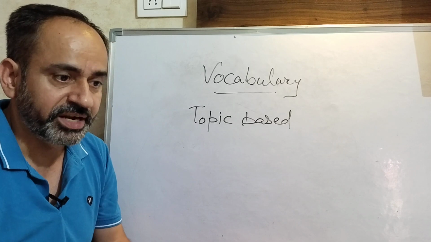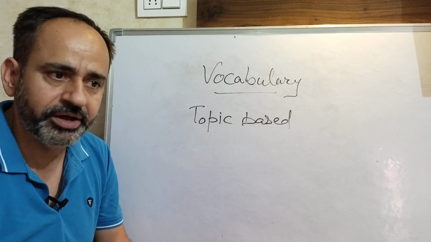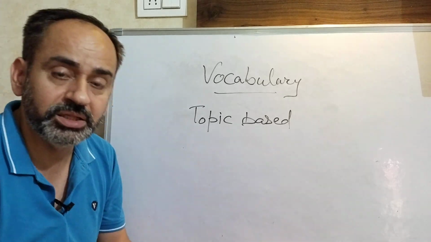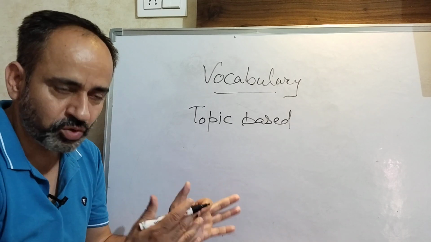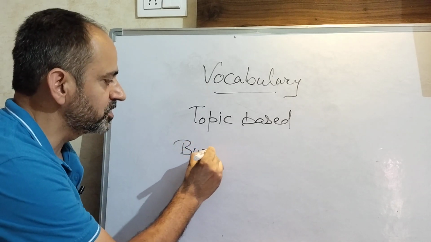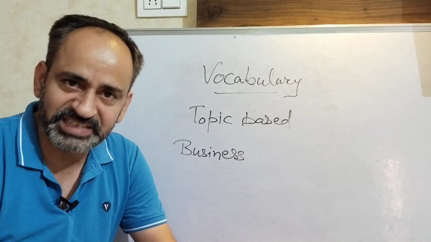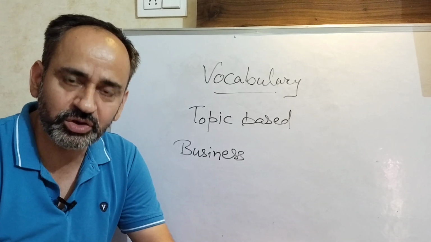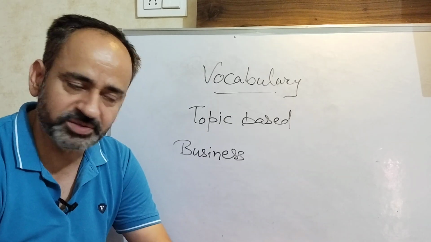Topic based vocabulary. In IELTS we have to write essays on a huge variety of topics, based on business, environment, agriculture, job, career, day-to-day life problems, or on medical things, or on diseases. So every subject has its own vocabulary. So in topic based vocabulary, you should first learn the vocabulary related to business. And in business the words like debit, credit, capital, assets, investments, debtors, creditors, gains and losses.